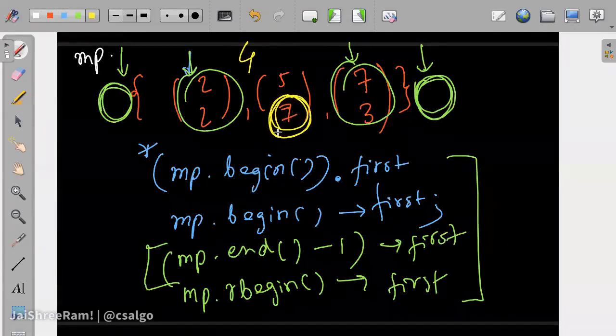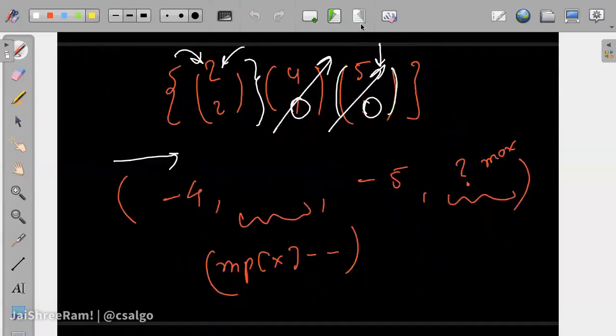there would be a lot of things to consider, so we will go through that. This is correct, but you have to find the frequency of the element just greater than or equal to x in the map. itr is equal to find x, if itr plus plus is equal to mp dot end. No, if it's not present it will return end, right? It will not return the next element. I think it's wrong. So let's talk about this.